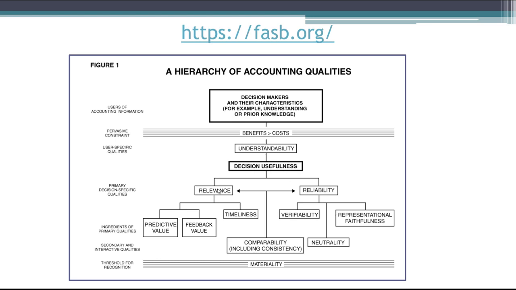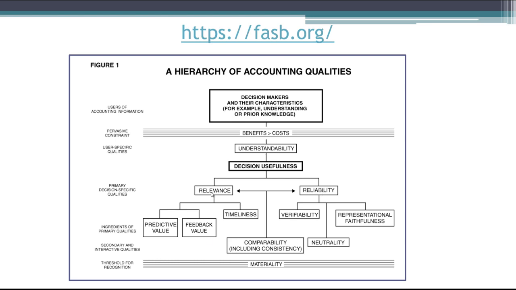So then we get to decision usefulness. We get to this little tree that we're going to spend most of our time talking about in the later slides. We have two primary qualities here, relevance and reliability. I will say that in different textbooks, different graphs, sometimes they refer to reliability as representational faithfulness, so that shows up here instead. I really like the original verbiage, relevance versus reliability. In order to be useful in making decisions, the information has to be relevant to that decision, and it has to be reliable. You have to be able to trust it.